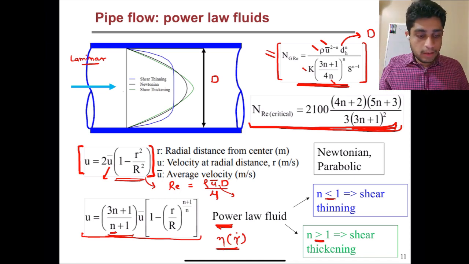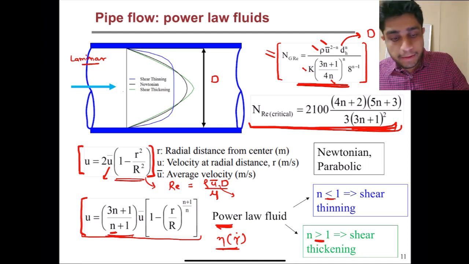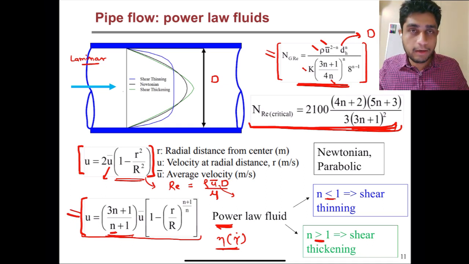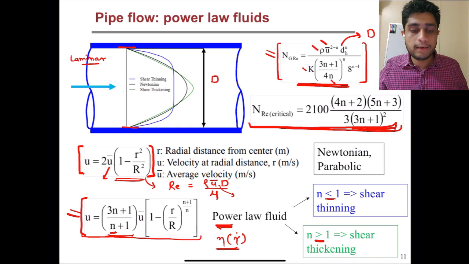So this simple power law model can tell us so much about the flow of these non-Newtonian fluids in a pipe, and we can even find out whether the flow will be laminar or turbulent. Since now that we have the velocity profile, you can easily calculate the shear stresses acting on the walls as well, right? And these shear stresses are needed to estimate the viscous losses, right? As in pipe flow for Newtonian fluids, you use something called Moody's chart to calculate these viscous losses, right?